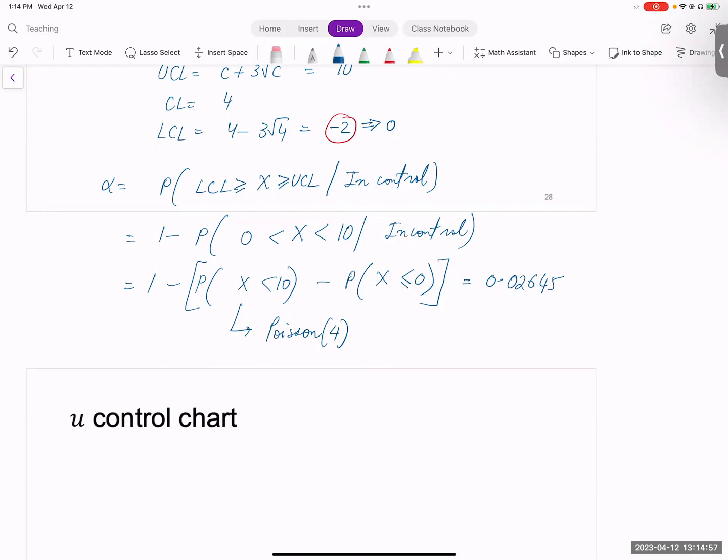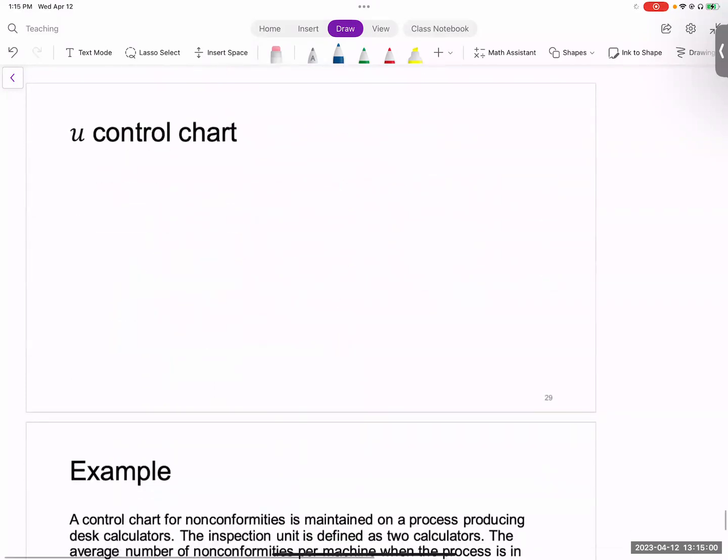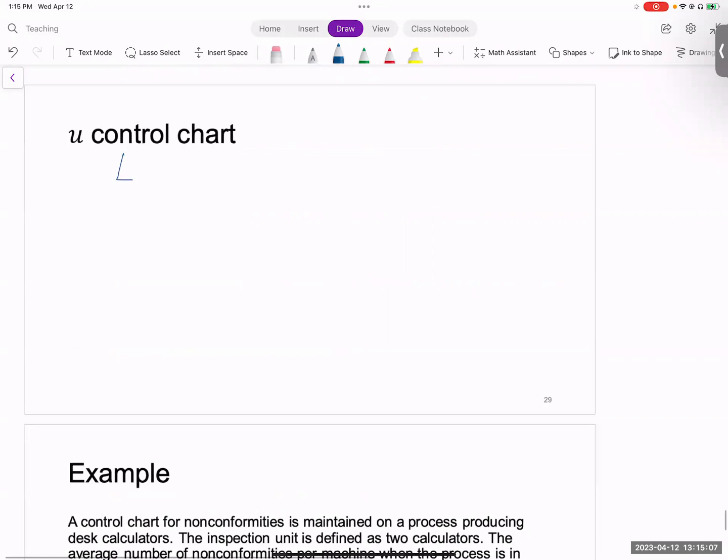Okay, let's do one last one. This is not very important, but I still like to cover this. This is called a U control chart. This is very similar to what we talked about. Let me write this down. When the number of inspection units is more than 1, then you compute a statistic called U, which